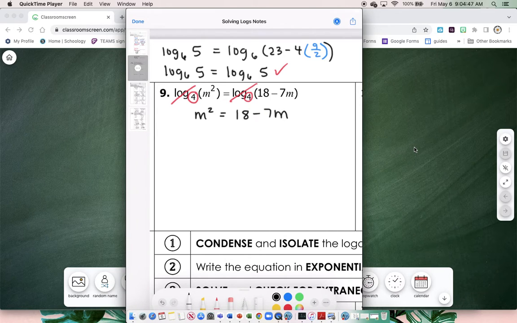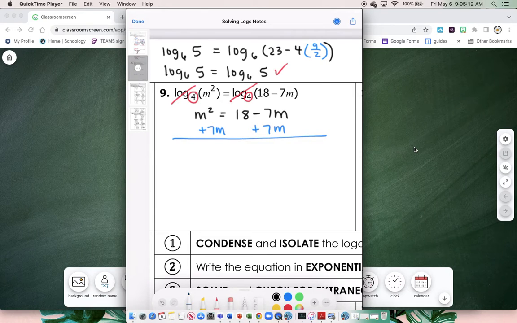Anytime you have a variable squared, x squared, m squared, a squared, anything that has a variable that is squared, it is a quadratic. And what I mean by that is quadratic equations are very particular. You have to have 0 on one side of the equation to solve a quadratic equation. So what that means is I need to bring everything